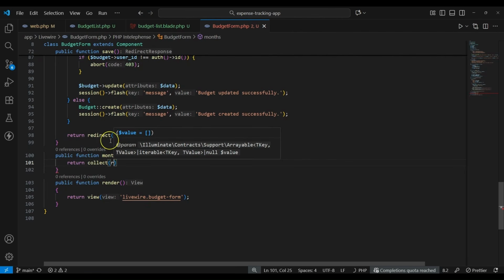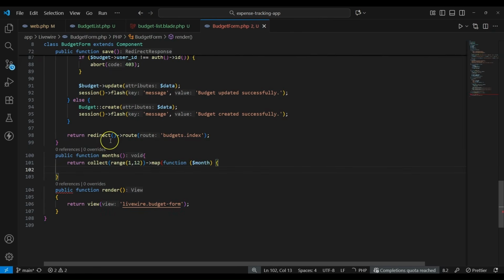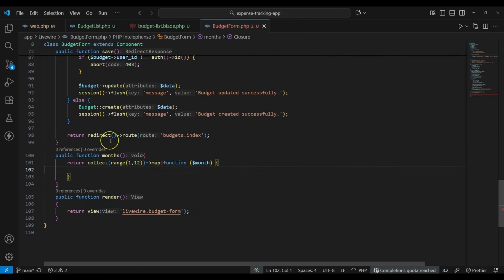Okay, let's call the range method, and after that we need to say on the range of 12 months. Okay, let's map that to function, and after that let's close that one. So it should be something like this one, and then